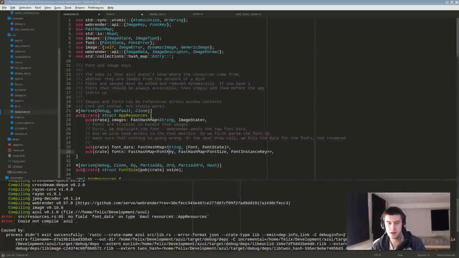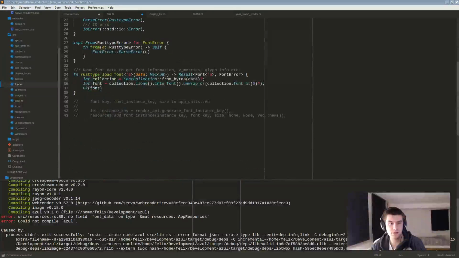Then we look at the font key and look if it's currently created at this size. Font key, instance key, add font instance